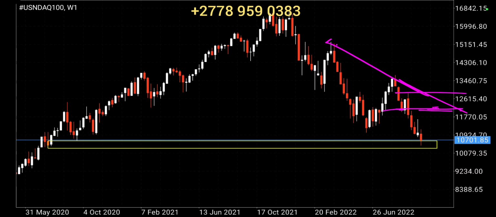But we need confirmation. We're not going to go in with limit orders because the bigger structures are still very much bearish. So we need something to convince us that maybe the bigger structures are about to go for a pullback, so you try and catch that pullback on your smaller time frames when you're trading. So that's all that you need to know from your weekly time frame. We've just hit the support, we still have a distance to go to the resistance, but because the monthly is strongly bearish, we need to be careful with how we enter. We can't go with a limit order. We need to have something to convince us before we jump in.